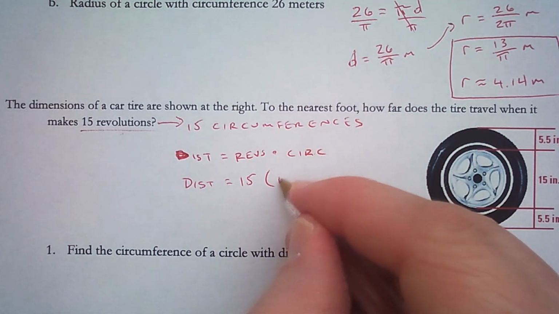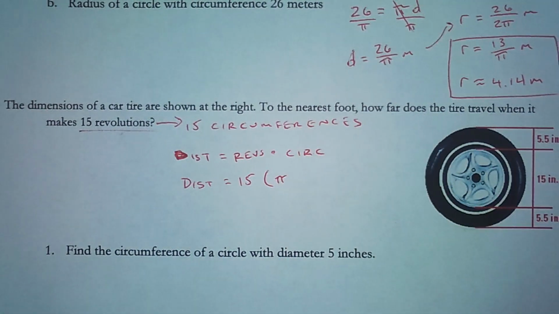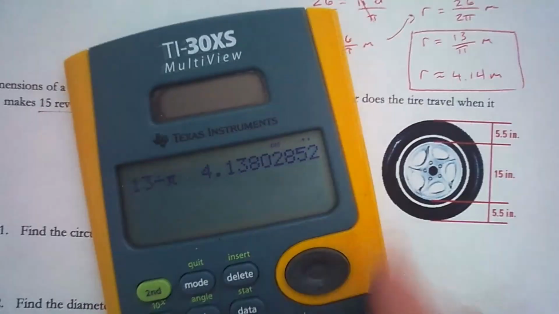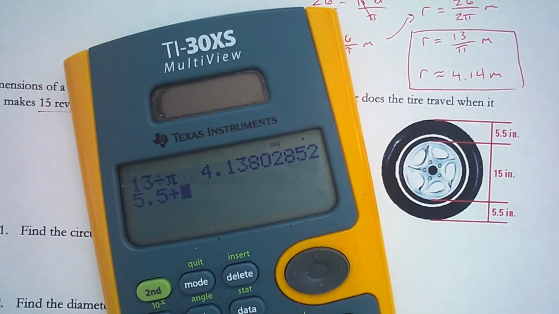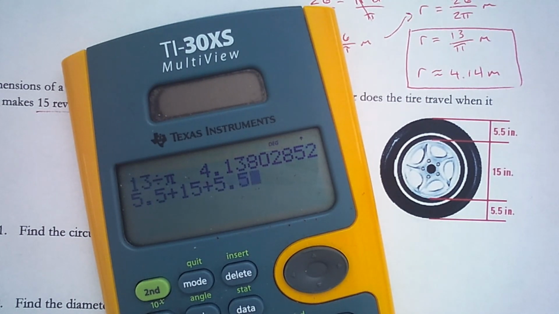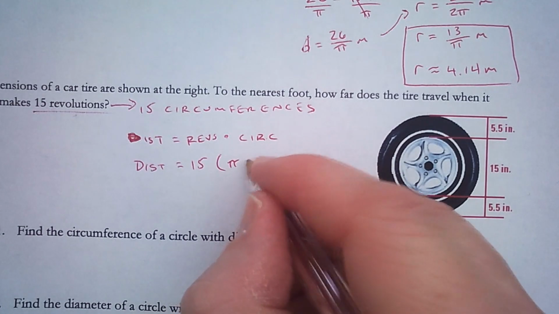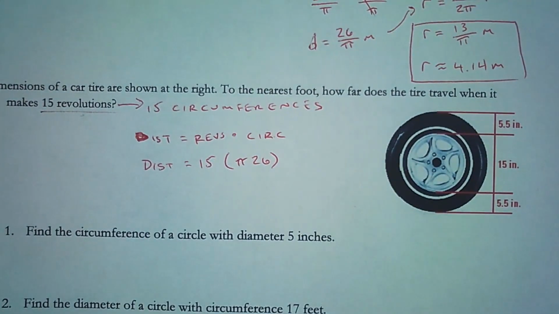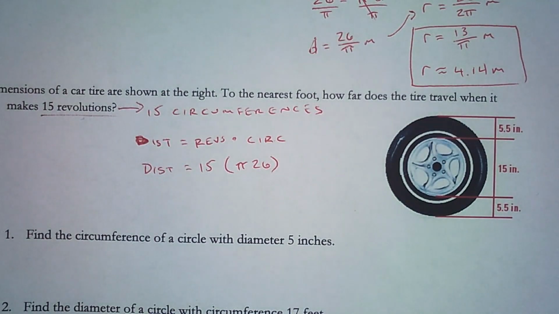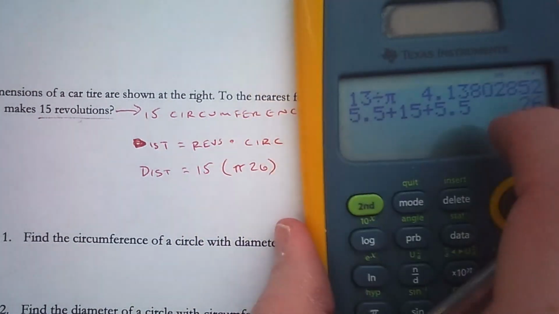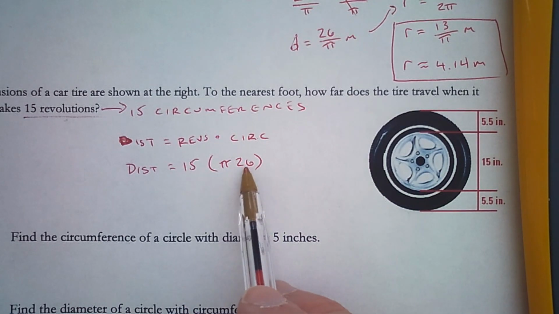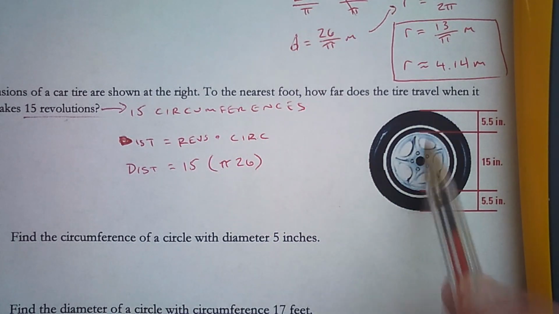Now the circumference is pi times diameter. So the diameter is all of these put together. So that's 5.5 plus 15 plus 5.5, and that's 26. So the diameter is 26, so pi times 26 will give me the circumference. Okay, so pi times 26 times 15, I can multiply 15 and 26, but this is actually like a real